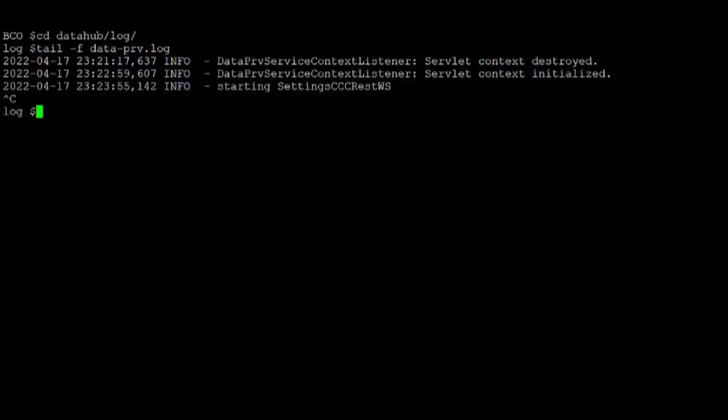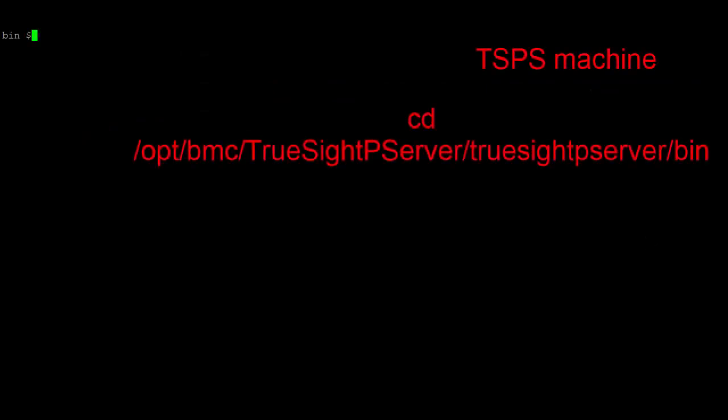a network issue. We can also validate in the TSPS log by enabling the TSPS debug mode. So I'll log into the TSPS server again. I'm in the TSPS server and I'm inside the TrueSight Pserver bin directory. From here, we'll run the debug mode, which is tsh logger debug on -n all, and then we'll try to call the TSCO to validate if the error is related to the